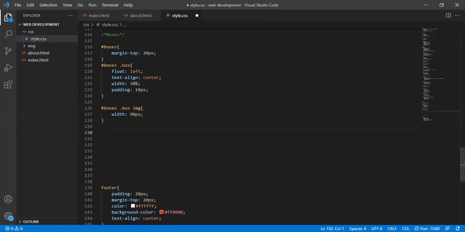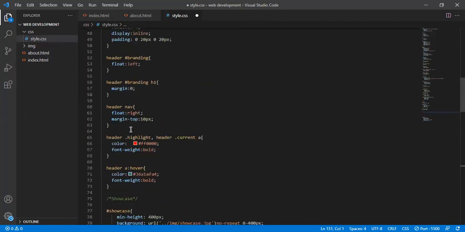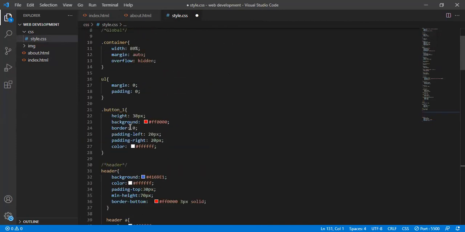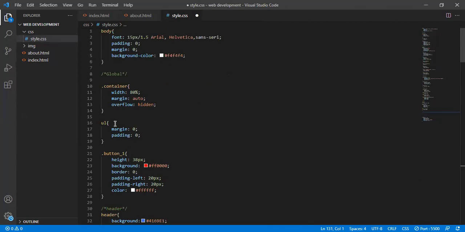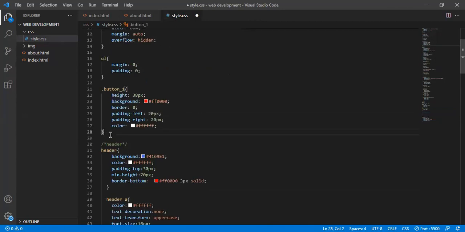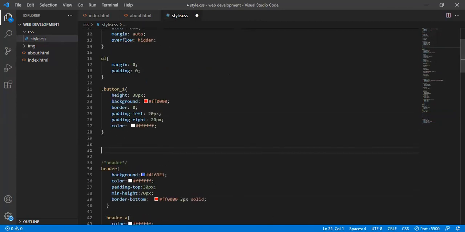I think I need to make the dark global. Let's start with the dark. Let's go back to our container and add it right here. Since the div class is dark,